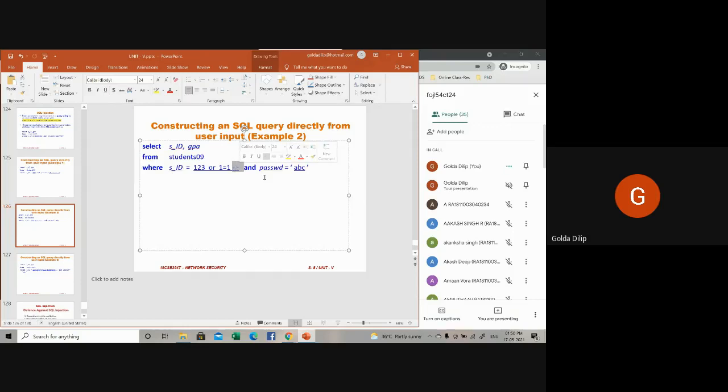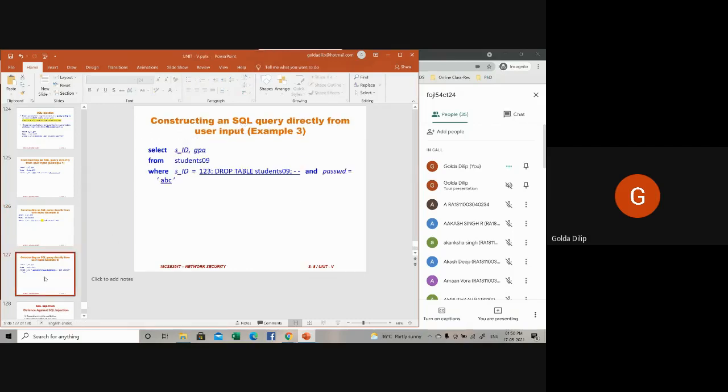What does this indicate? It indicates the start of a comment, so everything after this comment will be ignored. So merely filtering out the quote symbol will not be enough.